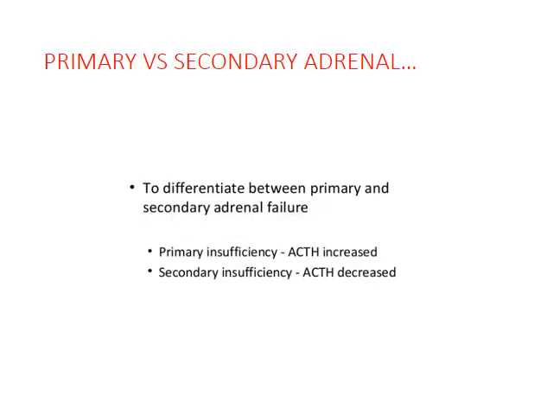For the diagnosis of primary versus secondary adrenal insufficiency, we measure 8 to 9 a.m. serum cortisol and ACTH. In primary insufficiency, serum cortisol will be low, but ACTH will be increased. In secondary insufficiency, ACTH will be decreased because the cause is in the pituitary and it is produced in the pituitary, and the level of ACTH will be decreased, and this in turn leads to decreased production of the hormones from the adrenal gland due to the decreased tropic action of this hormone.